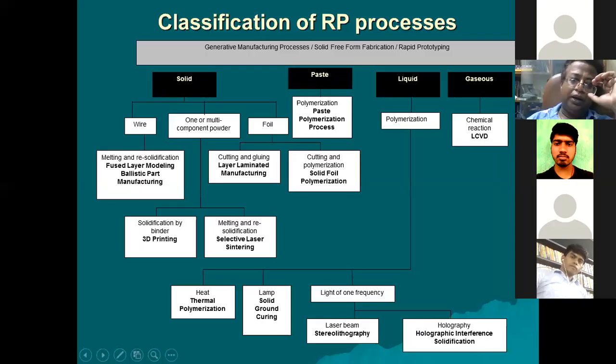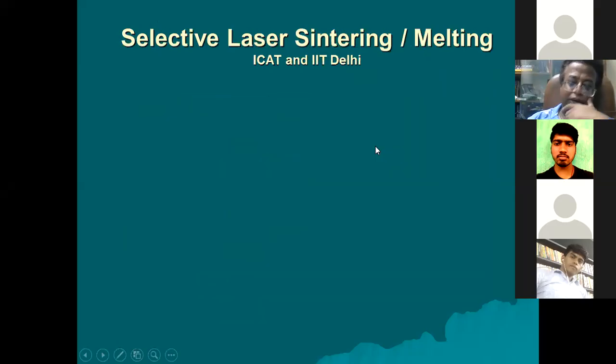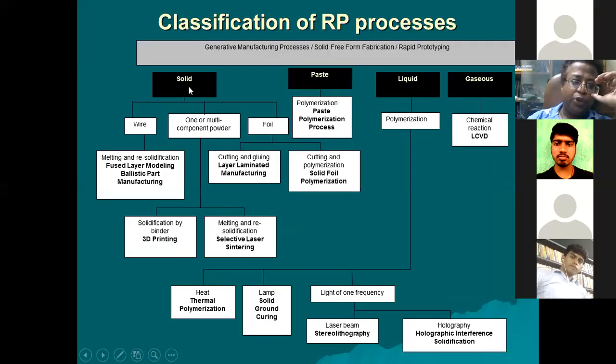Yesterday we talked about the classification: liquid based processes, which are mainly based on photopolymerization, and solid based processes where the solid material is either wire, foil, or powder. Based on these four classifications, we have different processes, which I'd like to discuss, mainly for polymers and then for metals also.